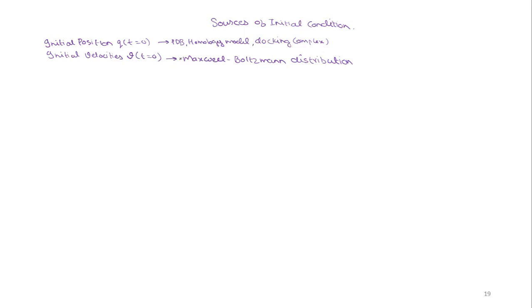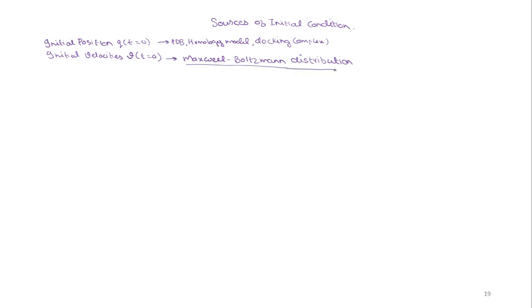So initial coordinates can be obtained from PDB or from homology modeling or from docking complexes, and initial velocities that we will need to start the simulation are usually randomly assigned from this Maxwell Boltzmann distribution. Okay, so now let us talk about this